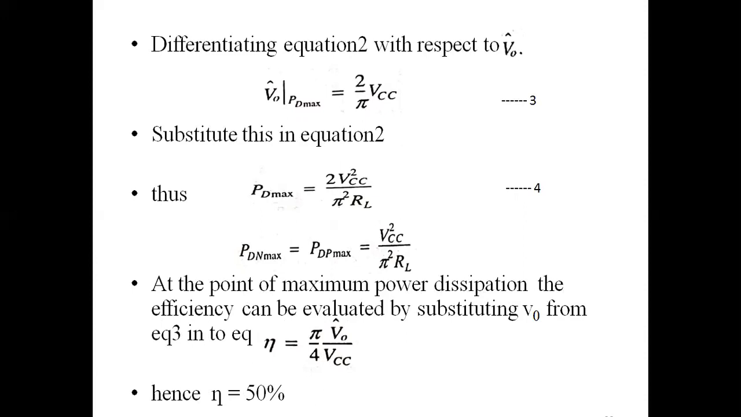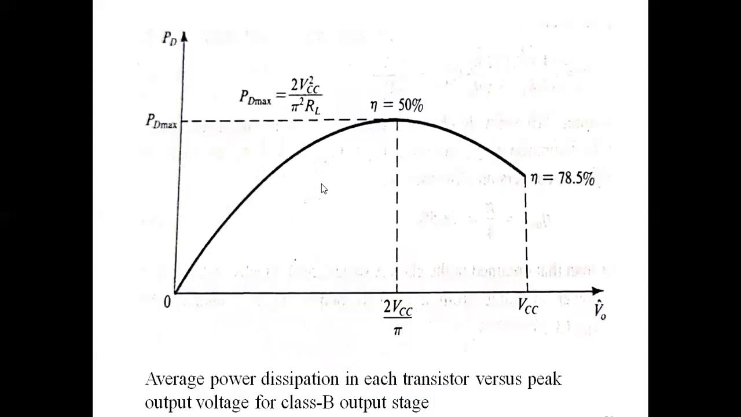Now, this figure shows a sketch of power dissipation versus the peak output voltage V naught cap. And we can observe here increasing